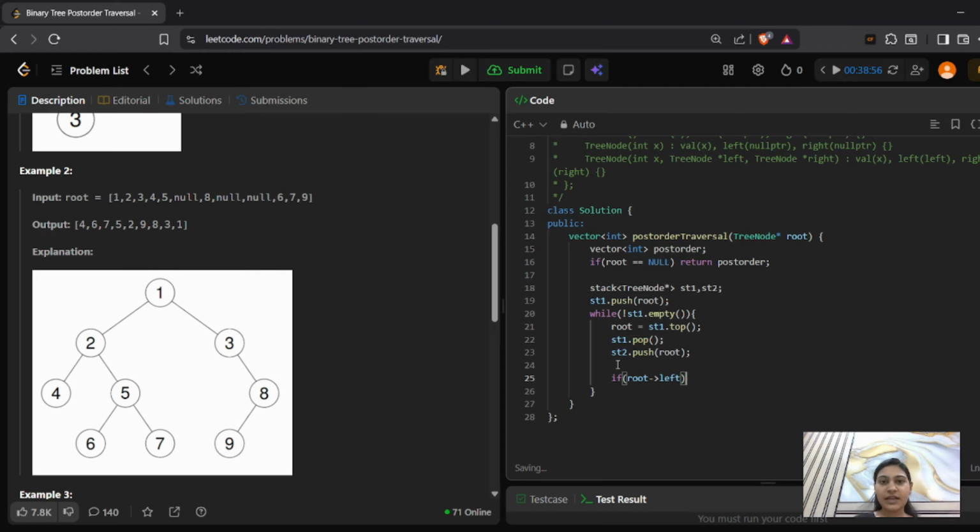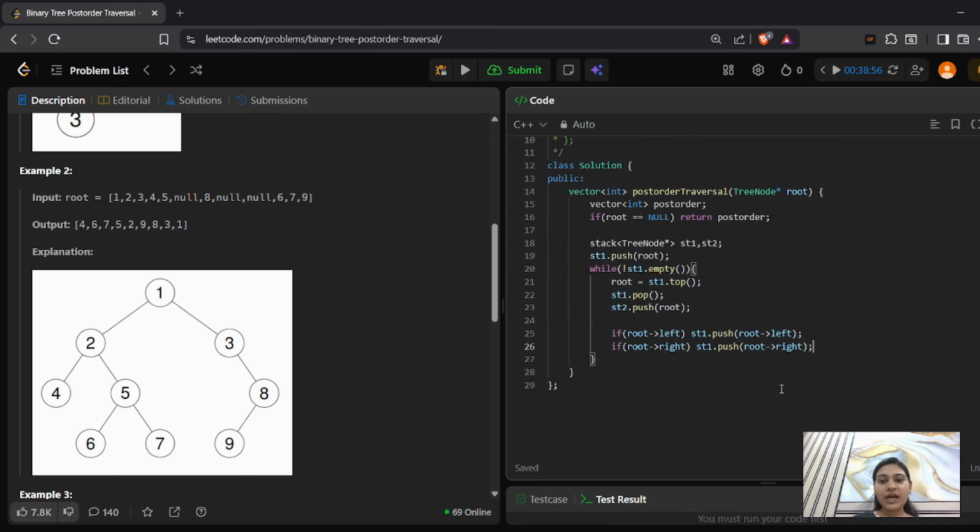If there is an element on the left child, then we push root left into stack 1. Similarly we do it for the right child. If the right child of the root node exists, we again push it into our stack. And we'll keep on doing it until our stack 1 becomes empty.